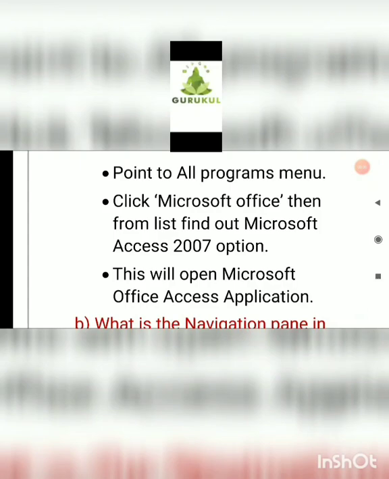From there you can find where Microsoft Access 2007 is written. When you find it, click on it. The Microsoft Office Access application will be opened. So these are the steps that you have to follow if you want to open MS Access 2007.